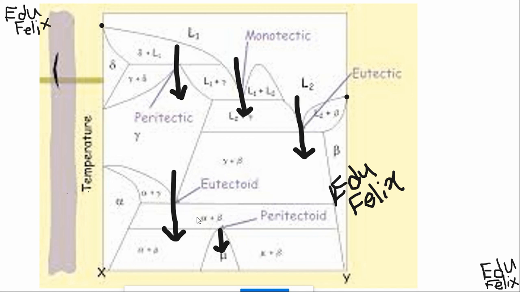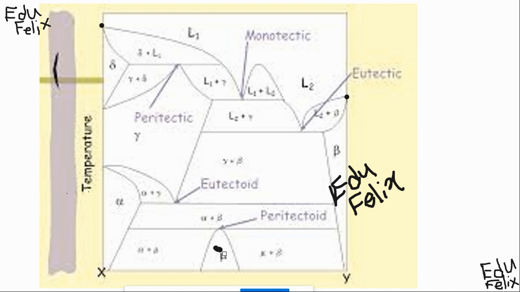Then peritectoid means you have alpha plus beta, two solids. You cool it, and now it forms mu, another different solid. That means only one solid phase. Here there are two solid phases, but it forms only one solid phase. This is the diagram. Up to this point, if you have any questions,